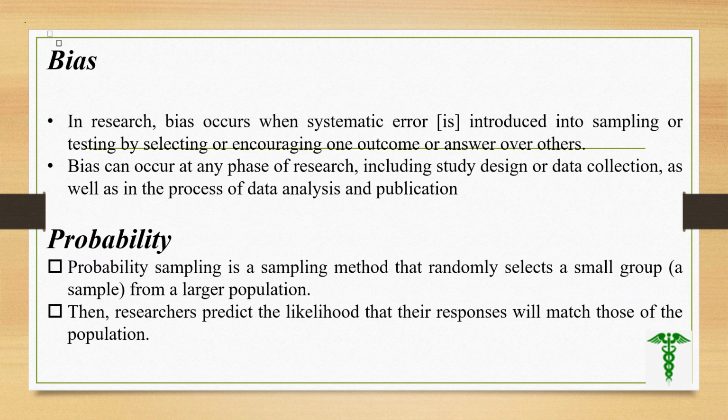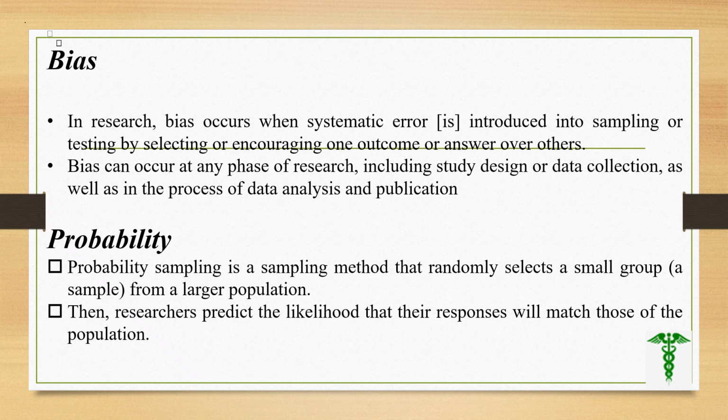Next term is bias. In research, bias occurs when a systematic error is introduced into a sampling. Means it's a set of numbers. So when a systematic error is introduced in sampling or testing, by selecting or encouraging one outcome, means we are expecting whatever result, that is the outcome. So that is the bias. This bias can occur at any phase of the research, including the study design or data collection,